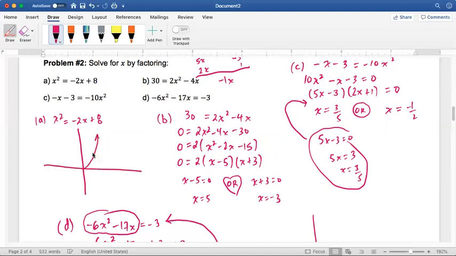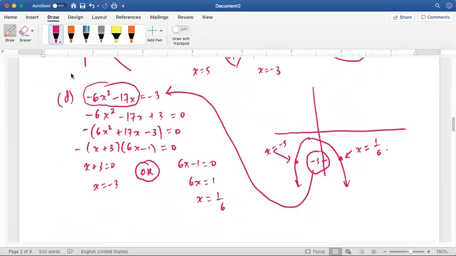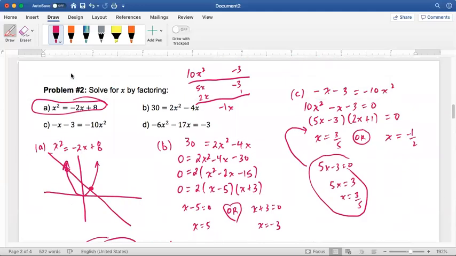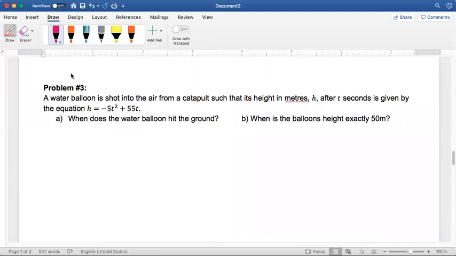Here is your quadratic, which is your left side, and here is your linear, which is your right side. We just found those 2 points of intersection by doing what we did in question A. Okay. Let's pop down to problem 2, because I think I did all of those, A, B, C, D. Yep, we're good. So let's take a look at problem 2, and we'll solve it using this factoring method to